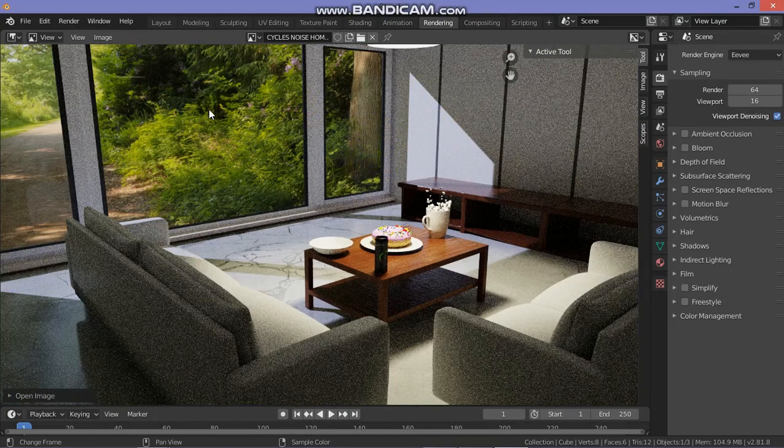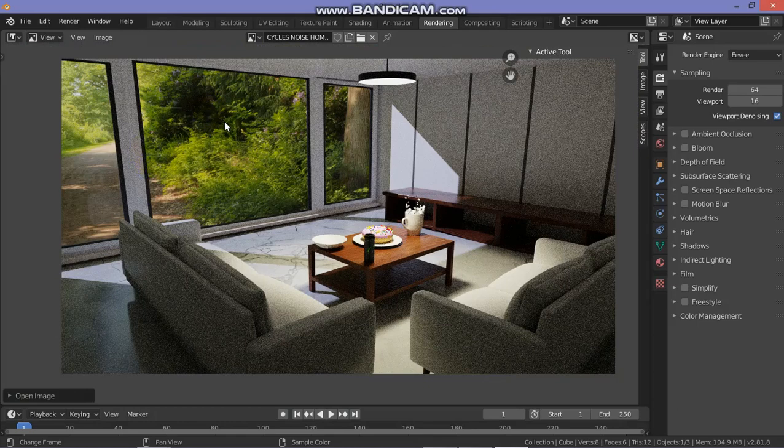And what I did here is that I used an HDR for the outside, for the exterior, and this lamp you're seeing here, I used an emission shader to emit light, and I used a traditional point spotlight to mimic a round light, a circle light. So we can see on the sofa we have